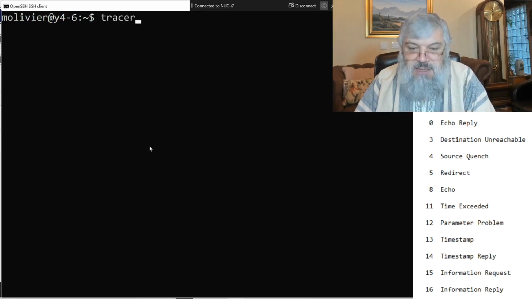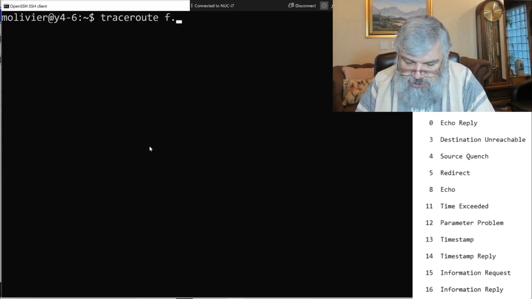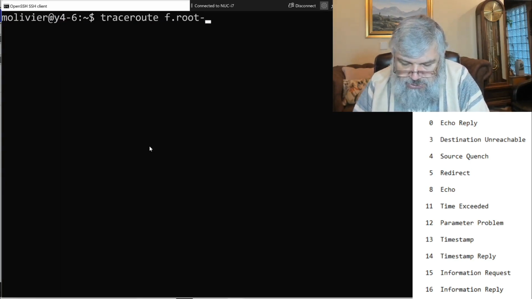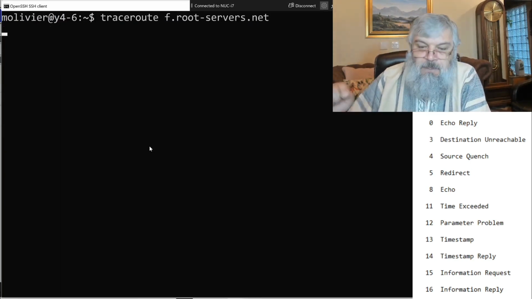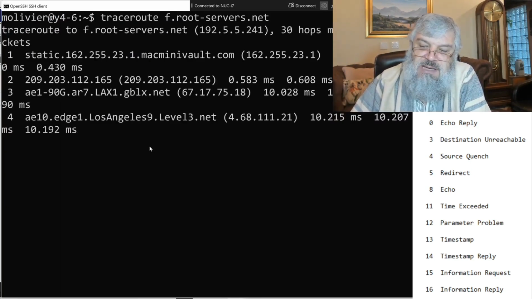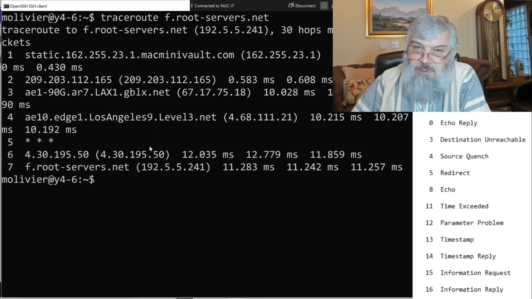So if I say traceroute, and again I want to go to frootservers.net, you can see how it responds. There seems to be a little bit of a delay. At step 5, the machine doesn't want to talk to us for some reason or another, so it's not sending out those error messages. But what you do see here is that I started out with the machine in the